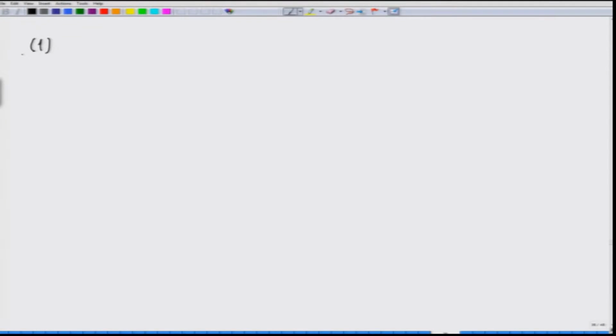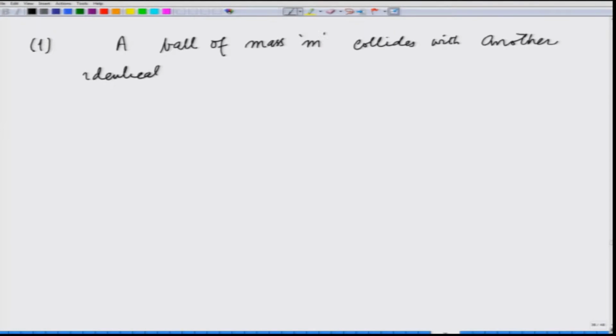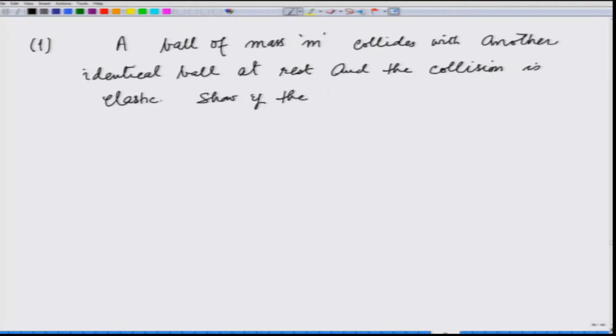So, in the first problem we say that a ball of mass m collides with another identical ball at rest, and the collision is elastic. What that means is that the kinetic energy is not lost. Show that if the collision is not